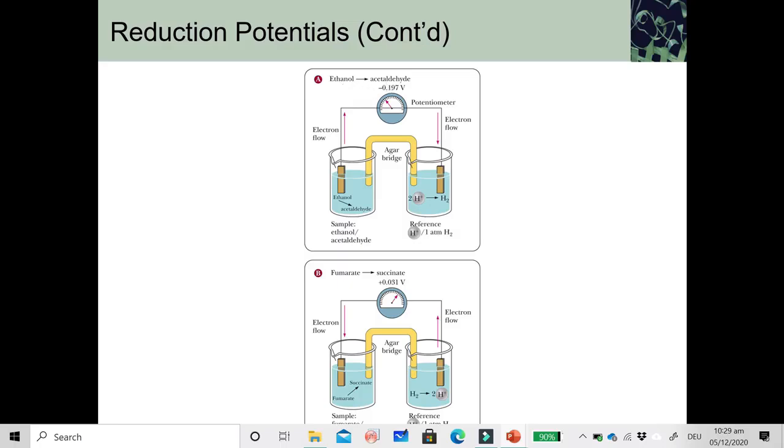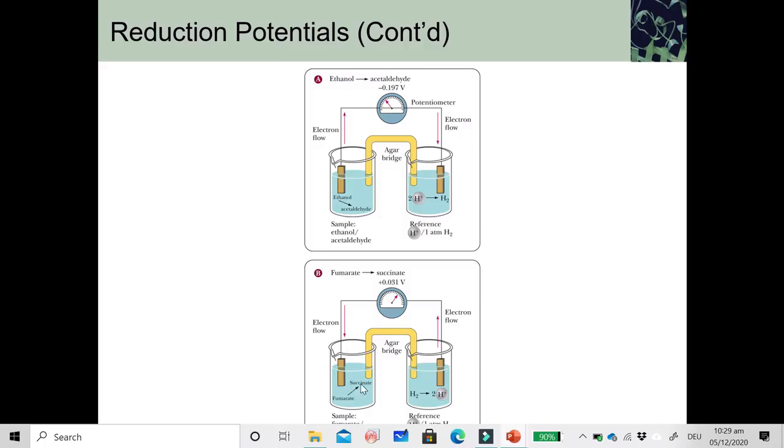That again means that ethanol is preferentially oxidized to acetaldehyde when it is paired with a hydrogen ion hydrogen gas electrode. Now, a different case is observed in the case of fumarate to succinate. When fumarate and succinate